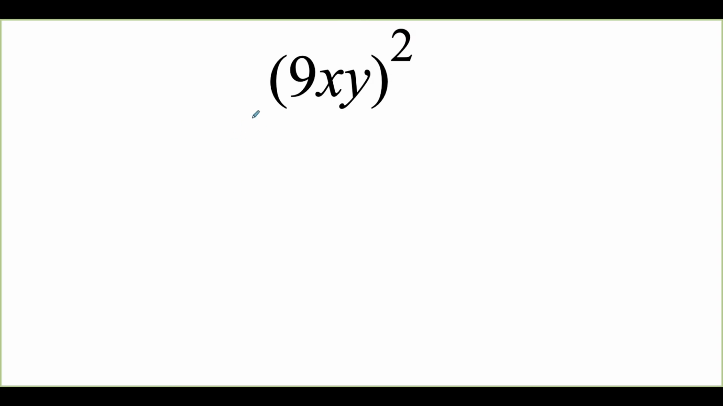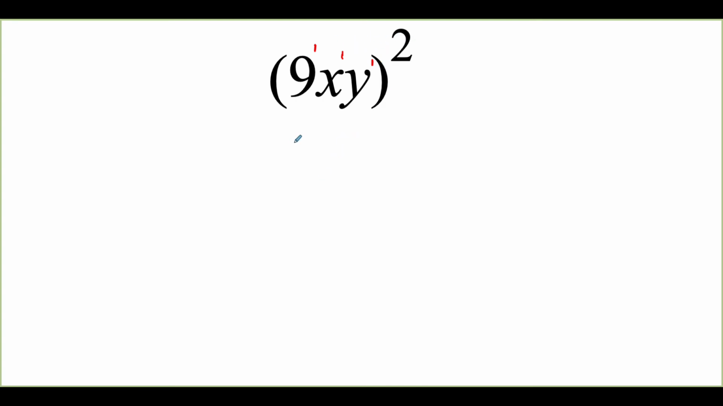Now this one we have to be extra careful on because now there's 3 pieces inside of our parenthesis. So we have to look at all of those powers. So on the 9, there's technically a 1st power. On the x, there's a 1st power. And on the y, there's a 1st power. And because we're raising all of that to the 2nd power, we have to make sure that we multiply all